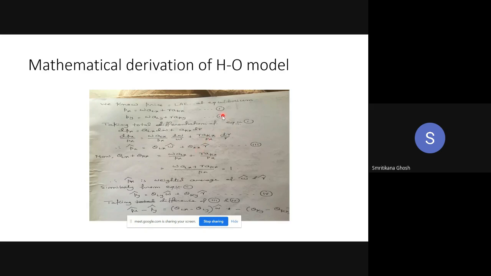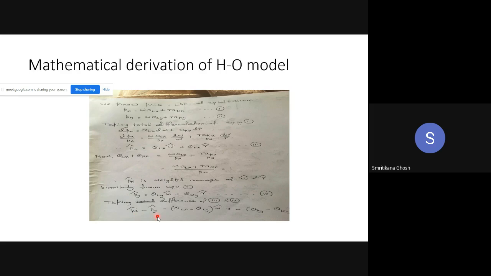Similarly, if you differentiate equation 2, then you will get Py hat equal to theta Ly W hat plus theta Ky R hat, just like equation 1. This equation is called equation 4. Okay, so from equation 3 and equation 4, if you subtract equation 4 from equation 3, then it will be